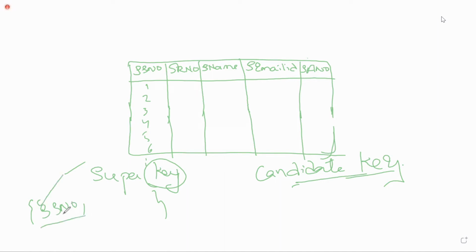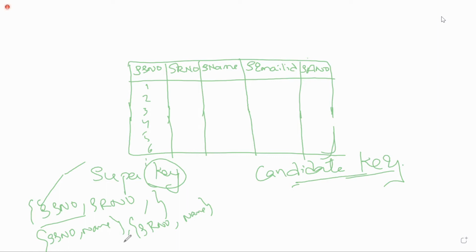So it is also one of the super keys, and I can say student registered number, and I can also say student serial number, comma name, and student roll number. Different types of combinations can also easily identify the unique records. Even if I choose both attribute values, I'll get the record uniquely.